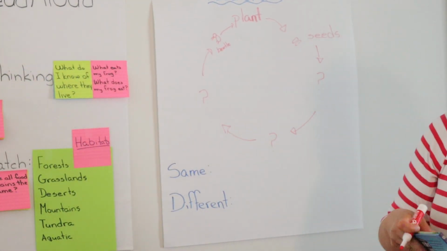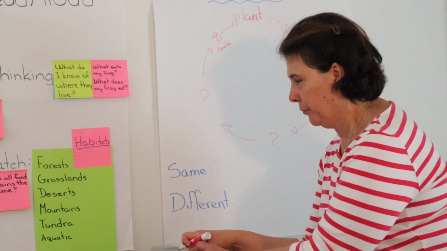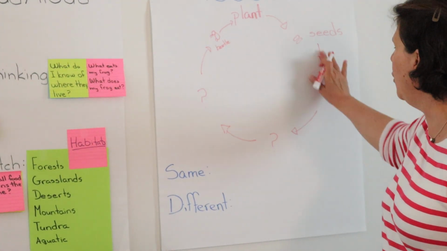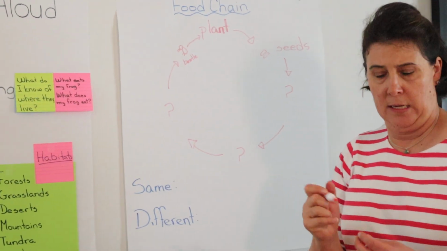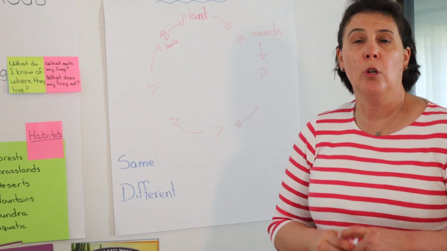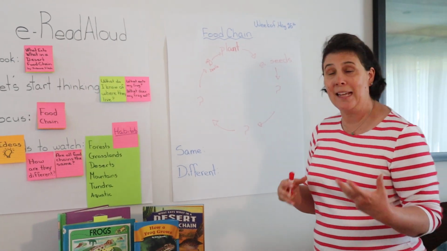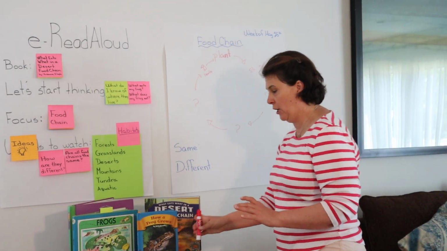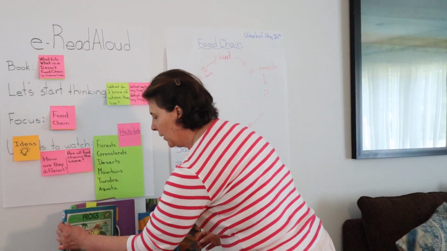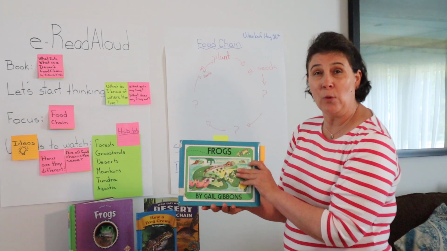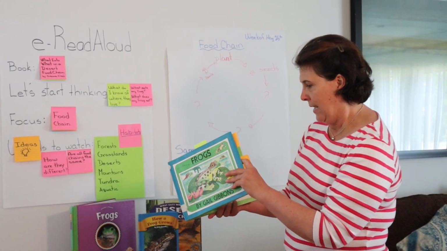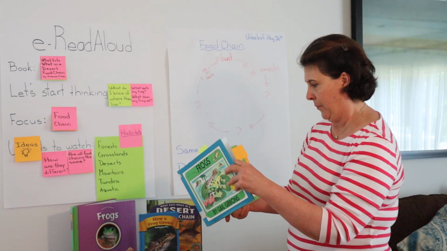So I'm leaving this blank here because you're going to fill in these blanks when you do your Google Classroom or draw a picture of it. You're going to have to go back and look at your animals. And I'm not going to draw it here, but I want you to look at what I'm doing. I'm going to go back to one of the books that I read, the frog one, and look and see that